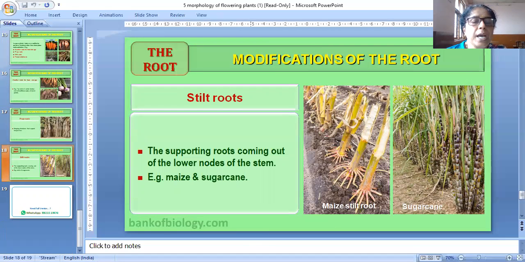The axillary bud later develops into a branch. Leaves originate from the shoot apex or apical meristem and are arranged in an acropetal order. Acropetal order means the larger leaves are below, and the tender or shorter leaves are on the top portion. That arrangement is called the acropetal arrangement.